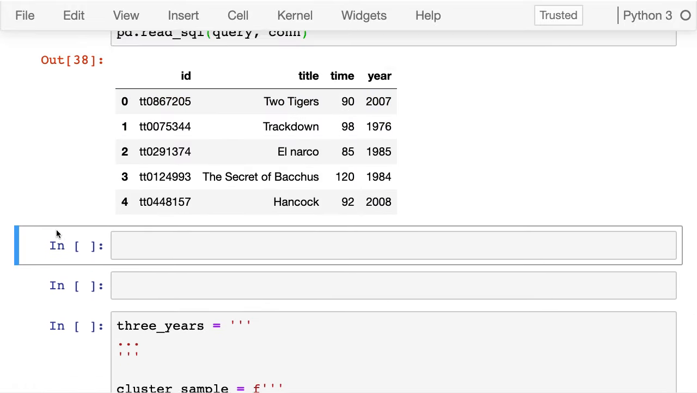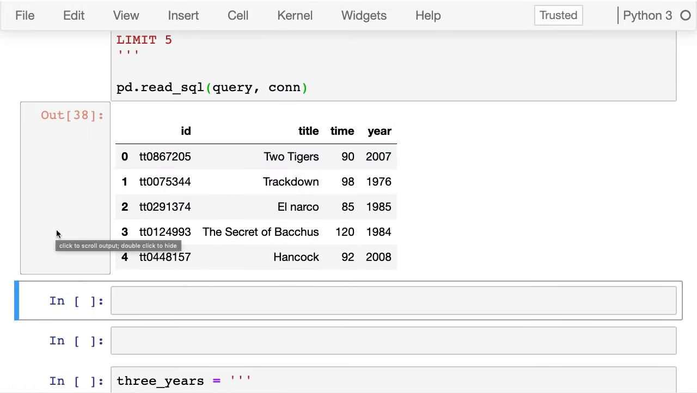Okay. Let's suppose that I want to take a cluster sample of 3 years instead of 3 movies from my data set. In order to do that, what I can do